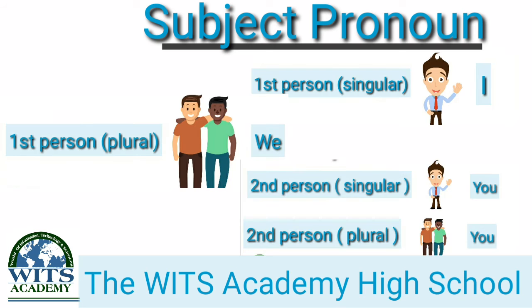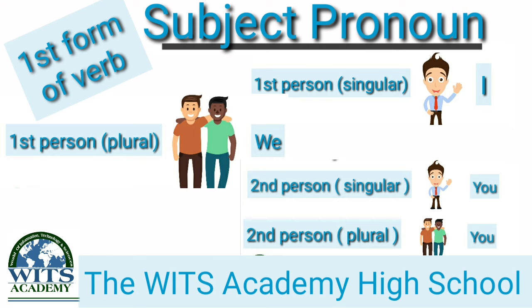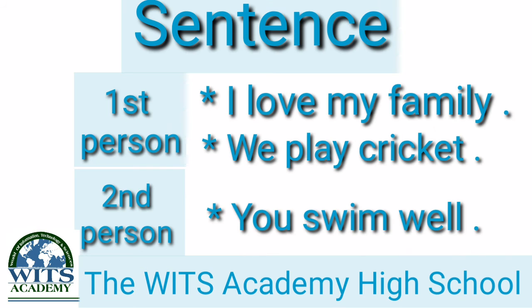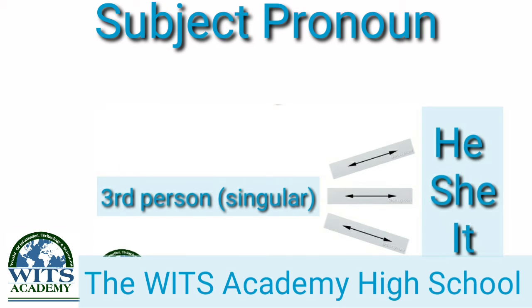Alright? Now look, if we use first person or second person as subject, so we use first form of verb in a sentence as I love my family. We play cricket. You swim well. And if we use third person singular as subject, so we give the addition of s, es or ies with